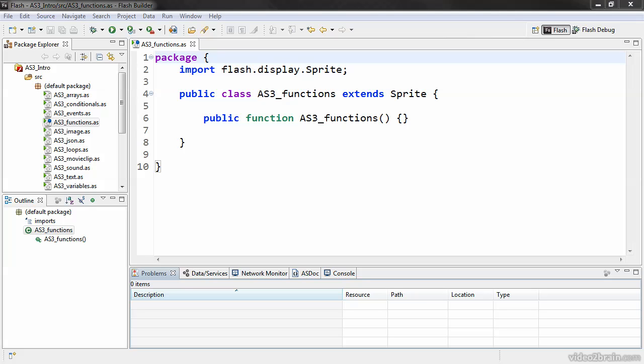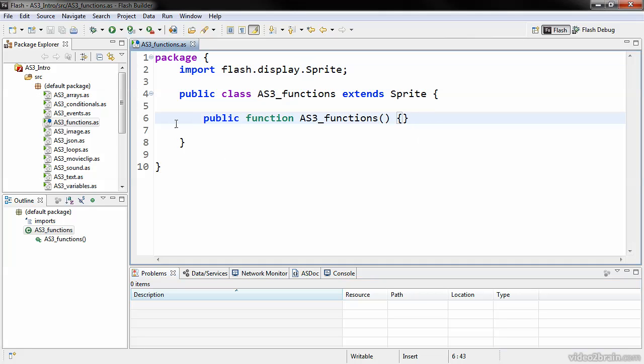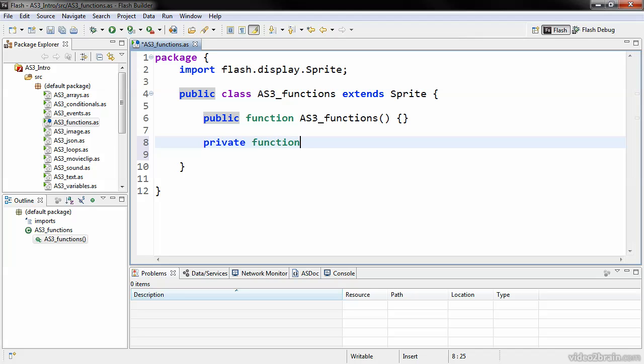So here we have a basic class, and what we're going to do is create a new function here. So on line 6 we have our basic constructor function. We're going to ignore that for now and go down a few lines to declare another function. So we're going to declare this as a private function. You could use whatever you want. And we use the keyword function. And we're going to call this getMoney, because it's basically just going to trace out a certain amount of money